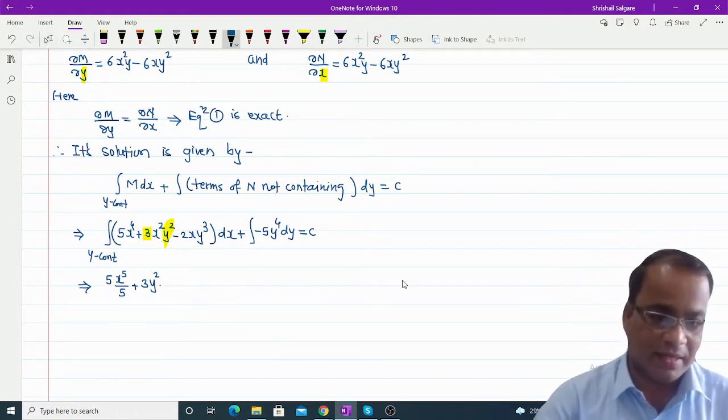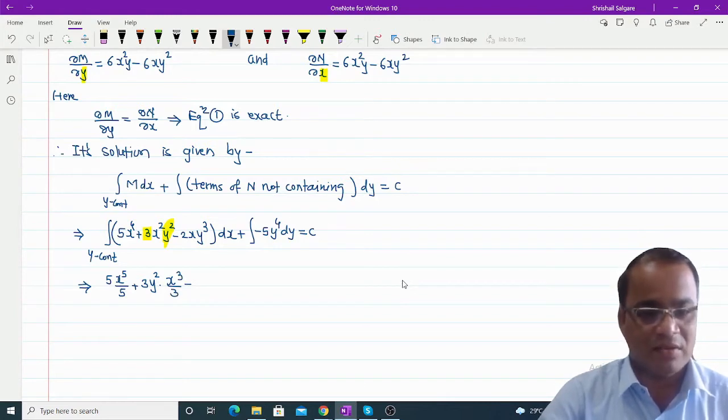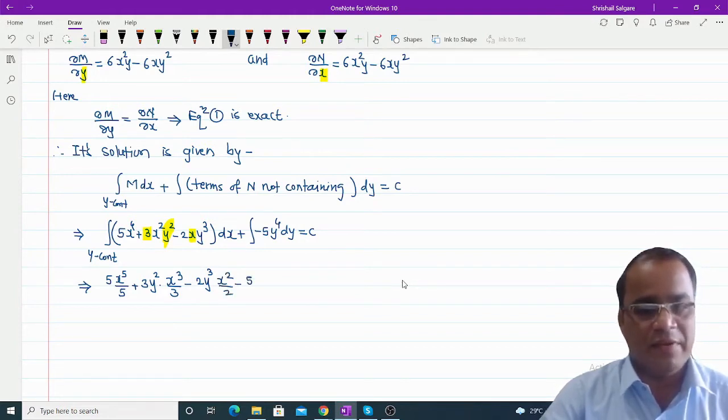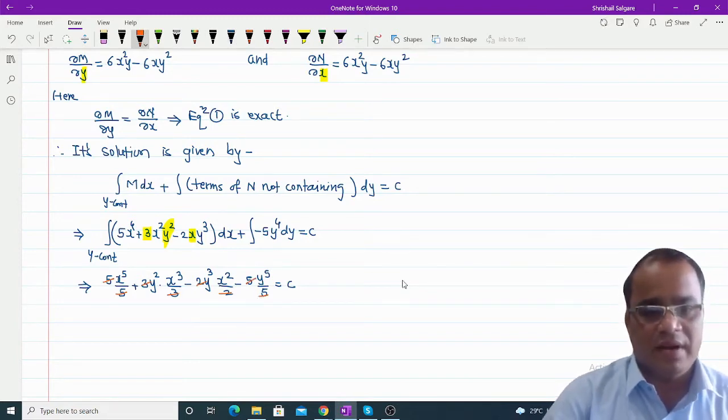x cube by 3. With respect to x, it is x cube divided by 3 minus, again with respect to x, y is constant. So 2y cube remains as it is, and you have to take the integration of x, and the integration of x is x square by 2. Now this term is negative, so minus y raised to 5 divided by 5 equals c. Now one thing you can notice here, this 5 gets cancelled, this 3 gets cancelled, this 2 gets cancelled, this 5 gets cancelled. So the required